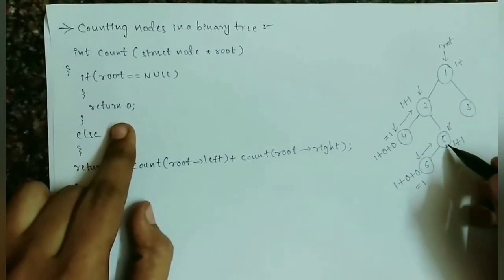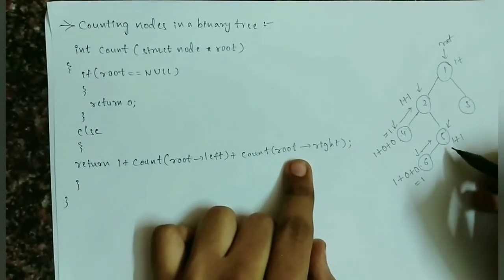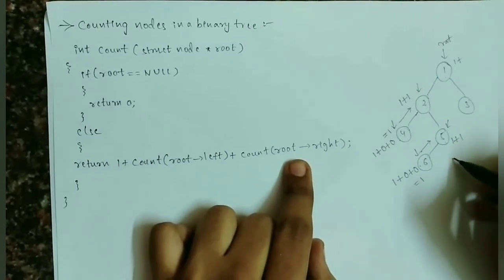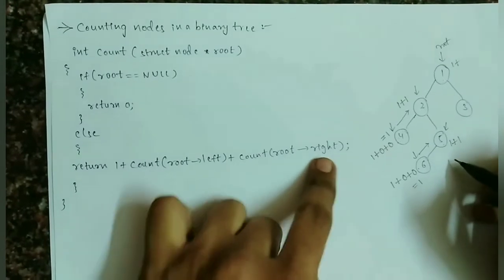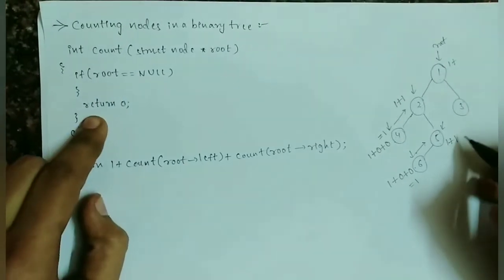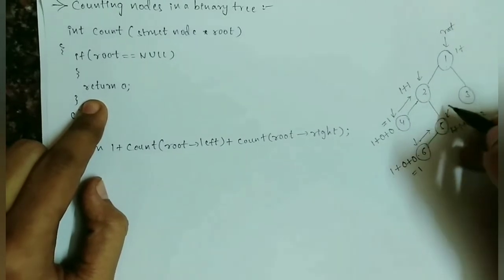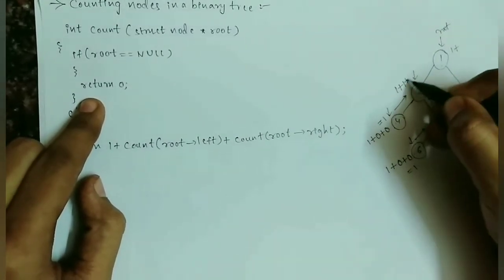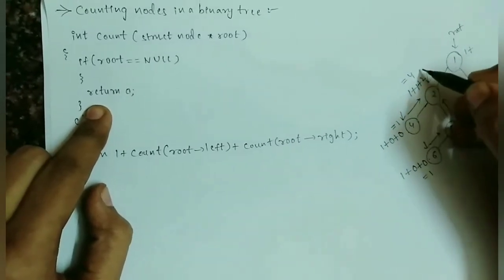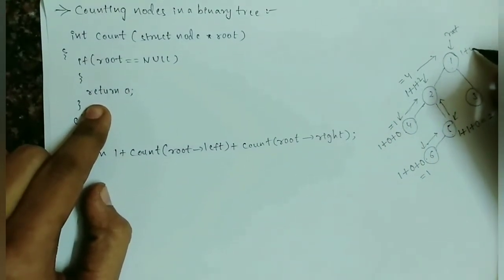Now node 5 checks the right side of its subtree. Here no nodes are present, so the pointer points to null, the if condition becomes true and it returns 0. The sum becomes 2. It returns the value to its parent node, that is node 2. Now the sum becomes 4. It returns to its parent node, that is node 1.